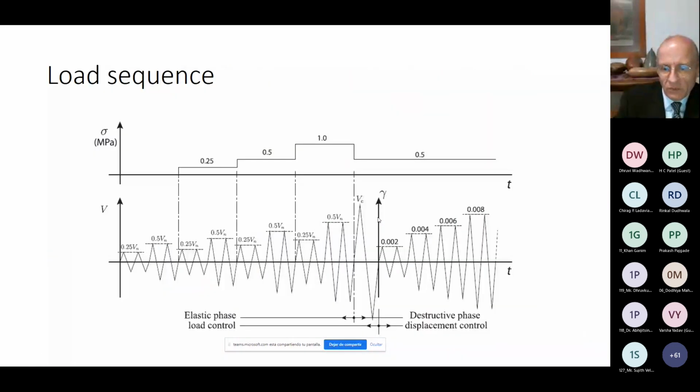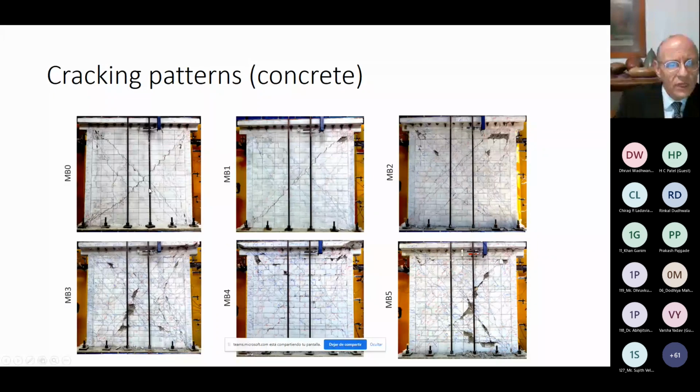And so, this is the type of loading, cyclic loading. This is standard. And these are some of the cracking patterns. This one is without reinforcement, the first one, MB0. Observe that usually there are only a few diagonal cracks that open very widely. And as you include more and more reinforcement, more cracks appear that are less wide and more distributed